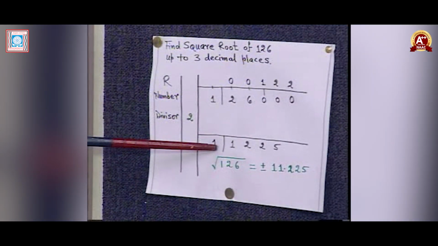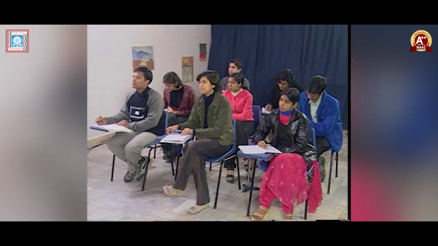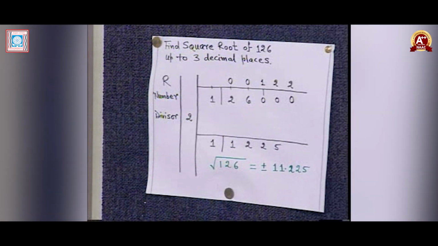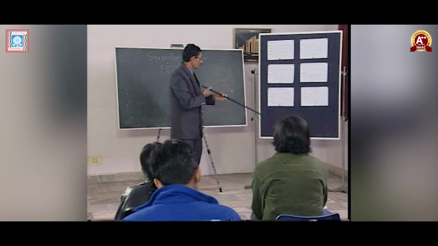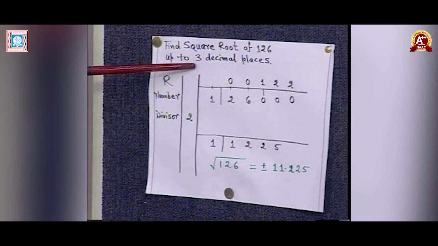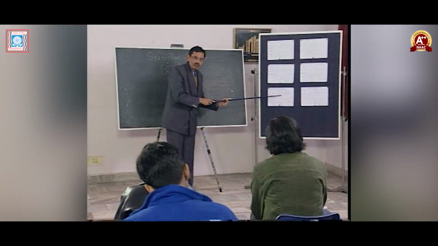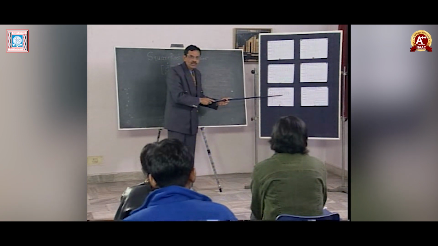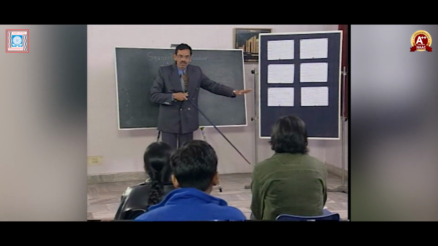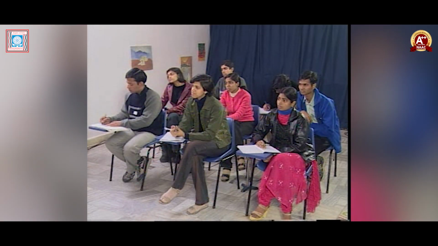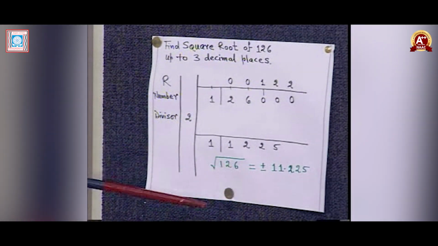1 is already there. Two groups. 11.225. 11.225. So the judgment of discontinuing the process depends on how many places we want after the decimal: 3, 4, 5, and how many groups we have. We have two groups in 126, so naturally the square root will be 11 point something, and only those digits are to be calculated. So the final answer, square root of 126, is equal to plus or minus